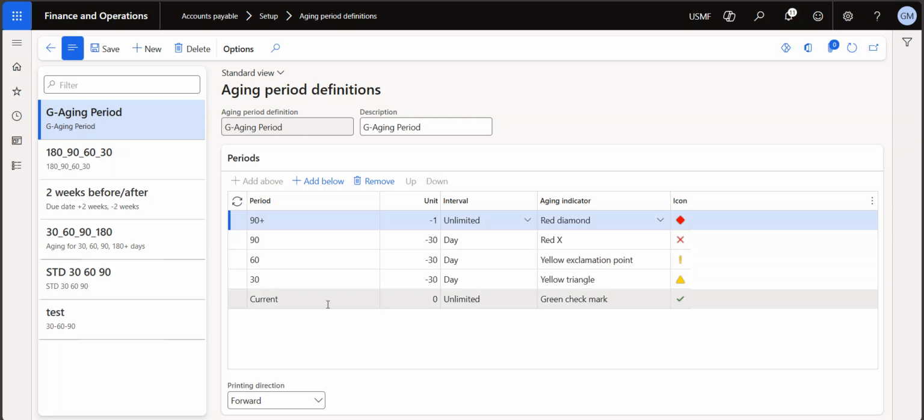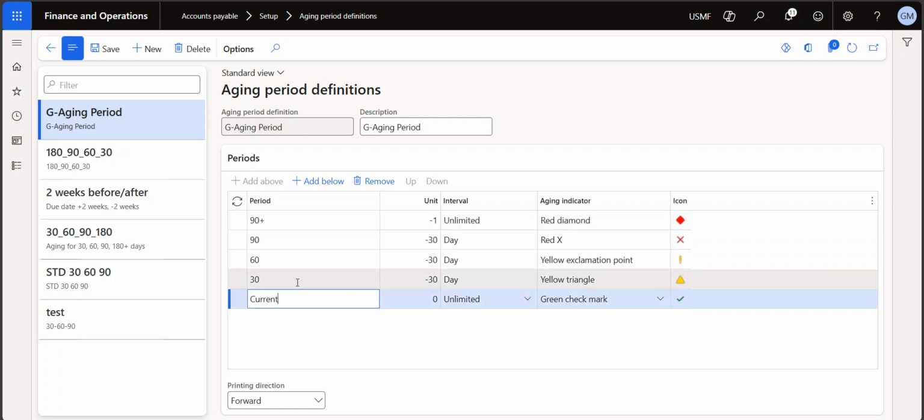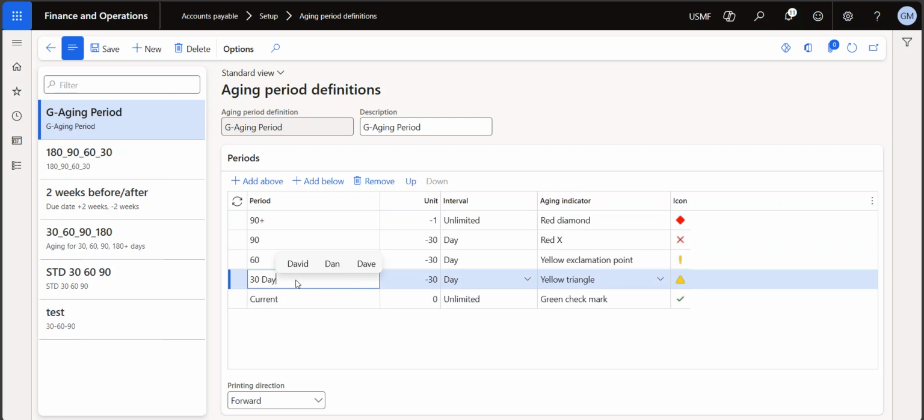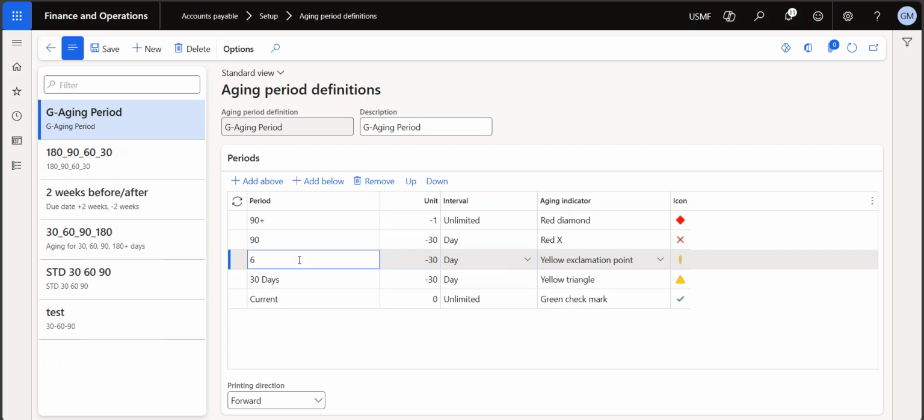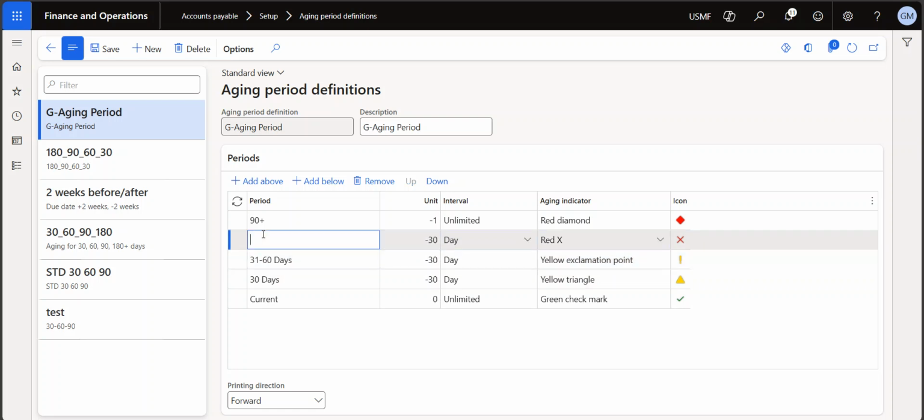For example, current is 0, right? So I will mention 30 days minus 30. I will mention from here 31 to 60 days. Again it will be minus 30. Here I will mention 61